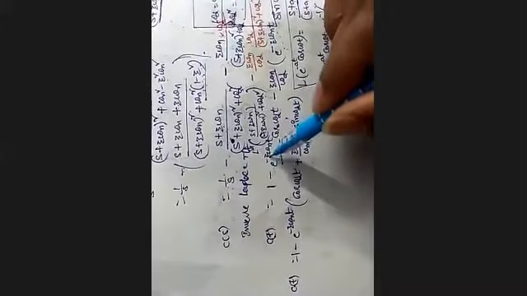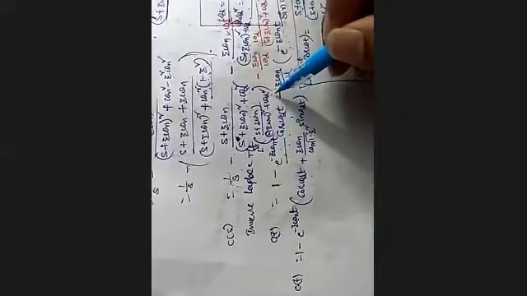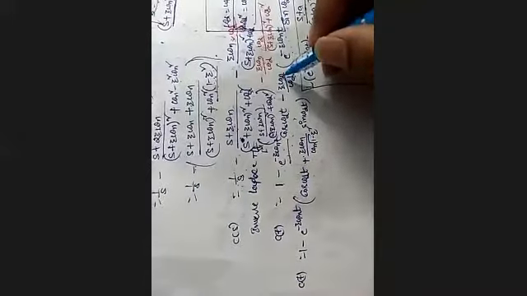Is it clear? In the above equation, e power minus zeta omega n t is common, and then cos omega d t. Next, minus e power minus zeta omega n t, so that's why here we will get the value plus: plus zeta omega n by omega d, where omega d is omega n square root of 1 minus zeta square, into sin omega d t. Then it can be further simplified.